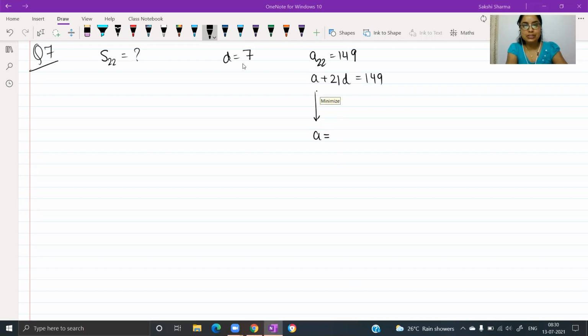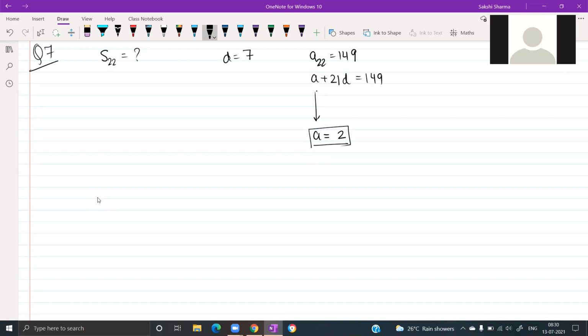That's right, Rajvansh. Ma'am, a comes out to be 2. All right, so this is the first term of the arithmetic progression. What about S22? How do we find out S22? Ma'am, that formula, now we have a, now we have n, and d we can find as 22. That's right. We have the values for n, a, and d. We can use the formula for Sn and find out our answer.